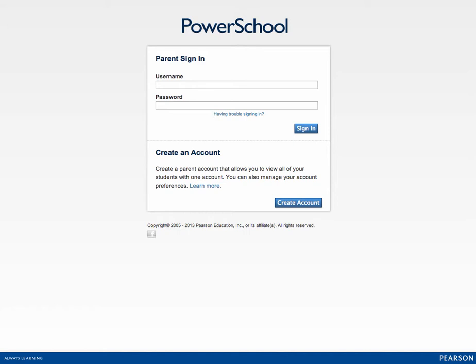the document. When you come to this page, you're going to see that there is a login screen at the top and there is a create an account section at the bottom. The very first time that you come to this page, you are going to need to create your account. You'll only do this once, and you can do this for each guardian who needs to have access. So if there are two parents that need to have access, each parent can create their own access account. So once you come to this page, you're going to click the Create Account button.